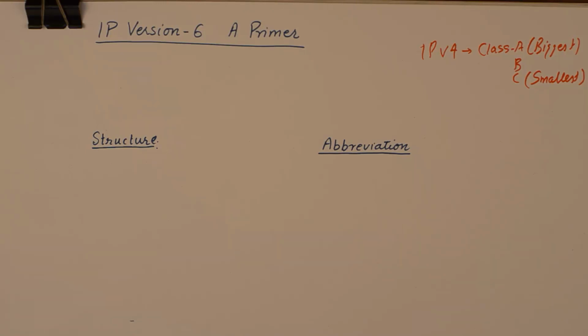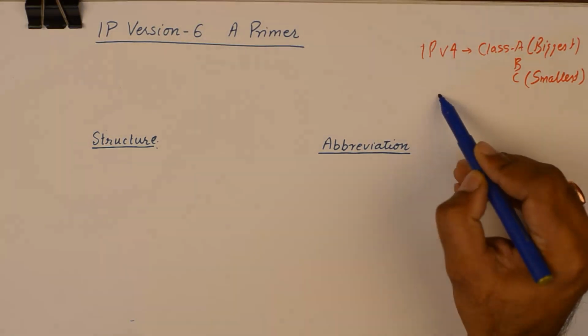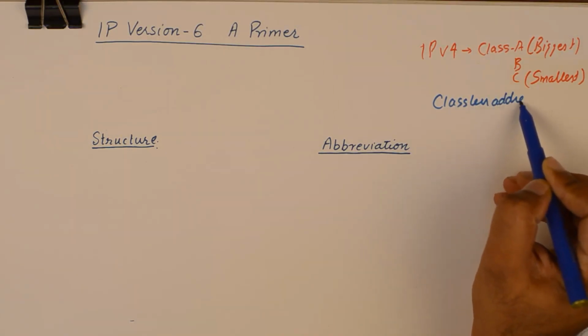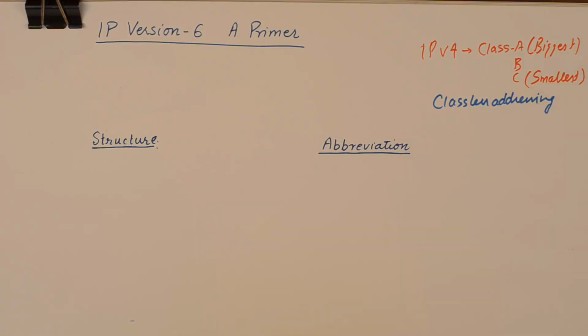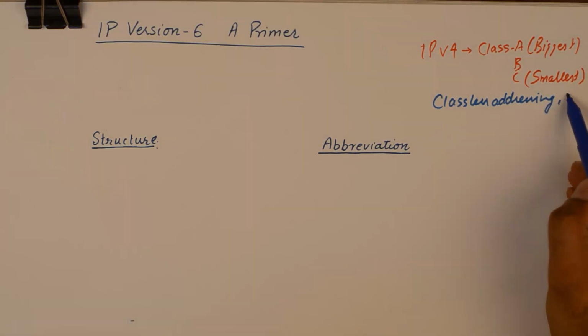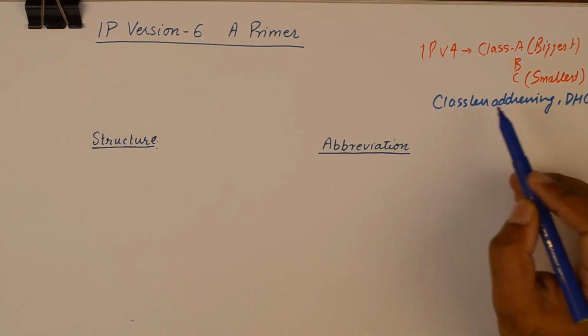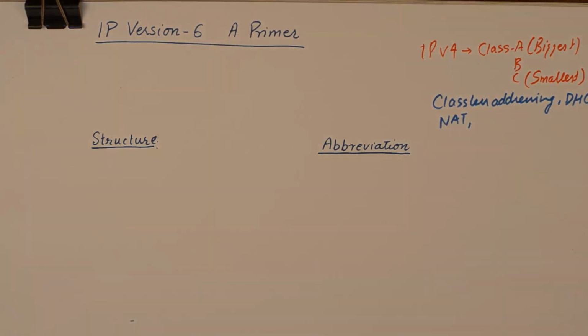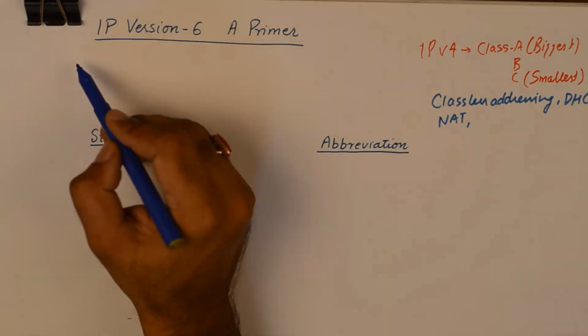So in other words, despite all short-term solutions such as classless addressing, DHCP, NAT, we used to do all kinds of stuff to eradicate limitations of IP version 4, but the problem of address depletion